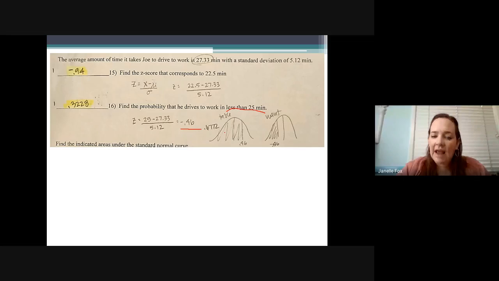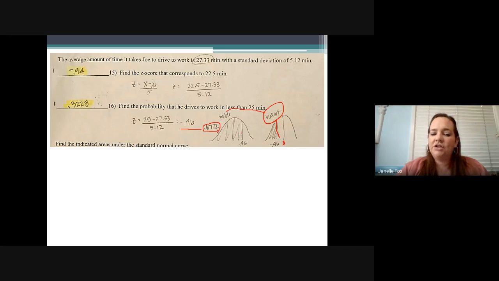So now I had to consult my table. What I want right here, usually I put the want first, I guess I wrote it second, is this value at negative 0.46 on my table. Right here, of course, is my 0 spot. On the table, it gives me this. So what I ended up doing is looking up 0.46 on the table. The area that it gave me was